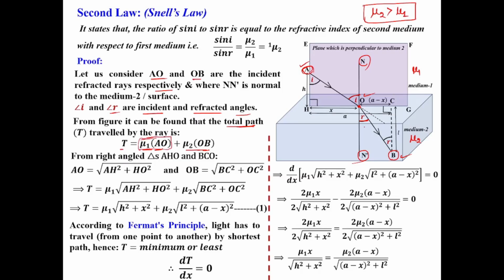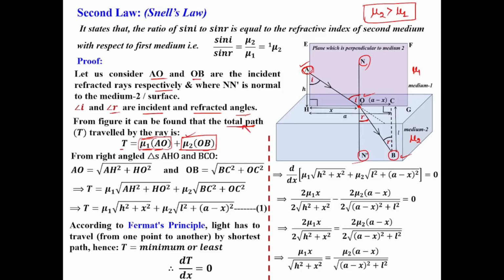Inside medium 2 the real path is OB, but the optical path will be the refractive index mu2 times the path traveled inside the medium. So here OB into mu2. So the total optical path is